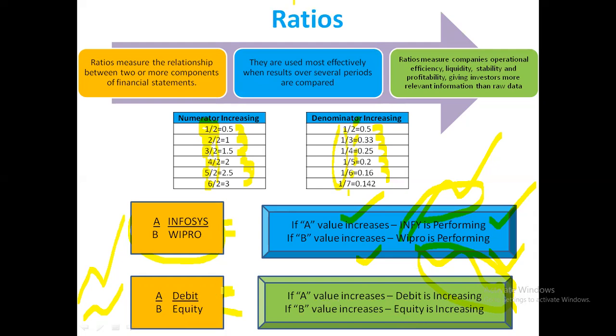Always remember, if debts are increasing and equity remains the same, the company is getting into more loans. If equity is increasing and debt is decreasing, that means equity is growing much better and the company has reduced its debt. That is why we call it the debt to equity ratio. All simple understanding, numerator and denominator. If the numerator is increasing, the company is under more debt. If the denominator is increasing, the company has more strength in equity. Simple logic.